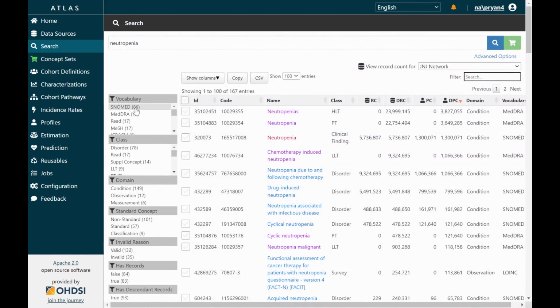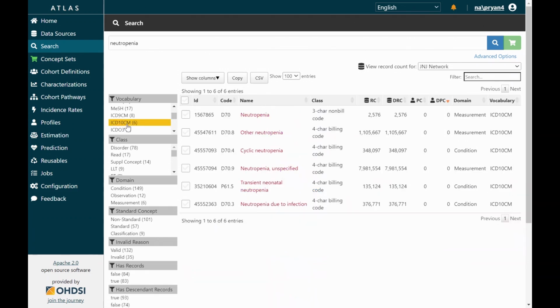And now I'm going to filter the vocabularies based on their relation to the ICD family. I see that the majority of them are US-based, and I will pick just as an example ICD-10-CM. So now we can see that this is the list of all the ICD-10-CM terms that have